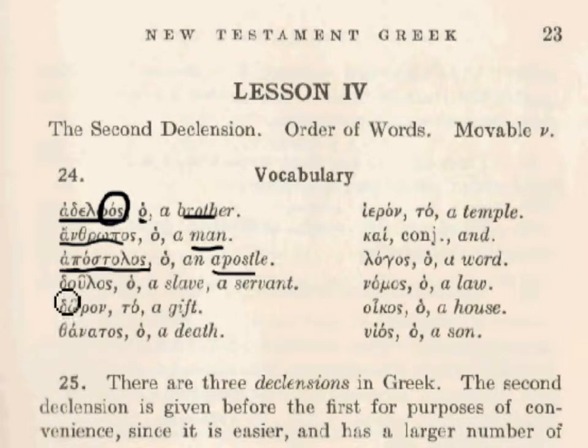Next we have the word doulos. Doulos. This word means a slave. It's distinguished from other words in the New Testament which mean more the notion of a servant. A slave is actually the lowest rung of the social ladder, and so this word is sometimes used in that connection. Sometimes it's used, of course, by somebody like the Apostle Paul. The book of Romans, for example, starts off Paulos doulos Christou Jesu. Paul, a slave of Jesus Christ, and he uses the most humble form of the notion of being a servant